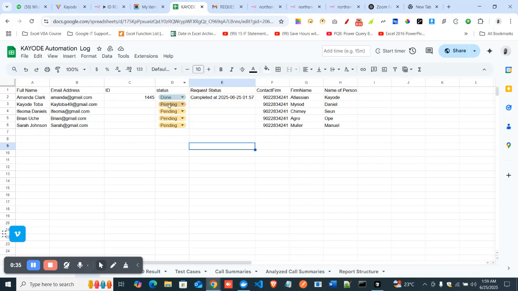So the automation is set to watch for this status column. By default, every status is meant to be on pending. So anytime we change this to in progress, the agent is going to trigger and select this and it's going